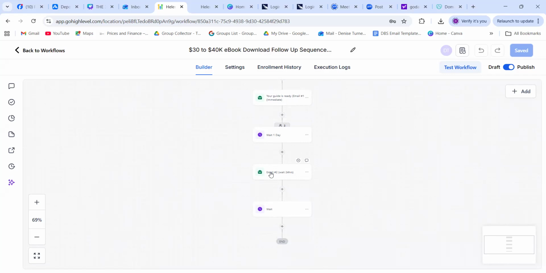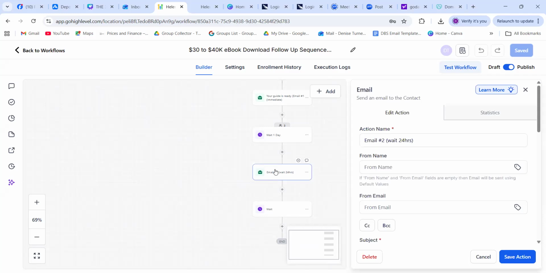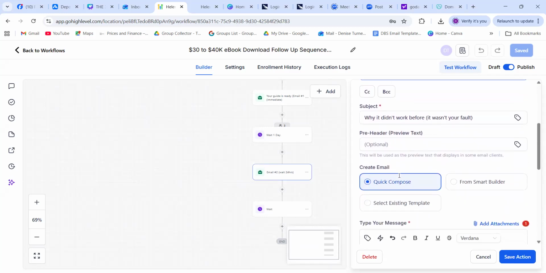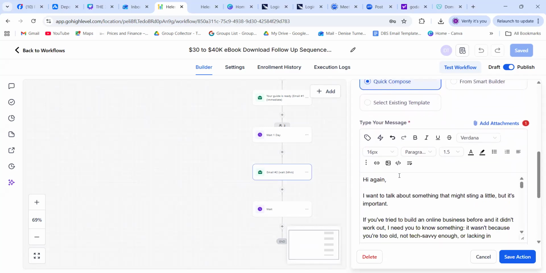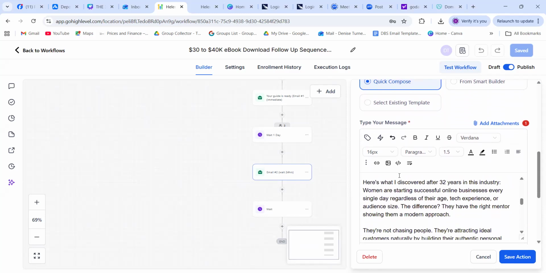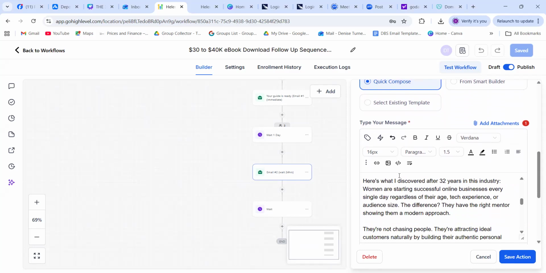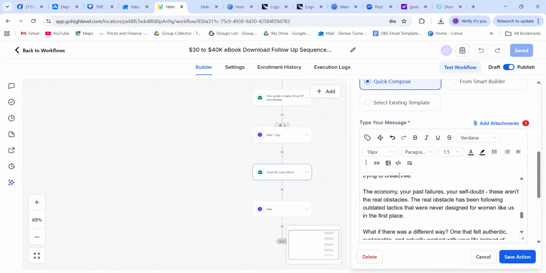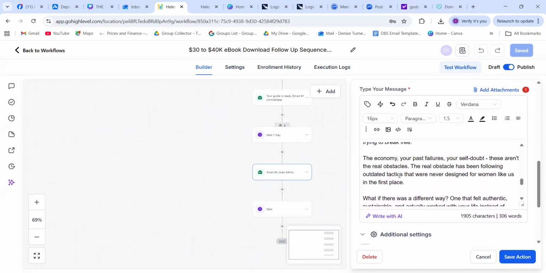You can add more emails onto this as you go, and you can easily duplicate them. So this email number 2, it tells you it's waiting 24 hours. And then you can put whatever else, you can put a referral onto your website, while they're fresh. Not everyone will read an email, but yeah. So you can go in and you can change that to however you want. Same principle,